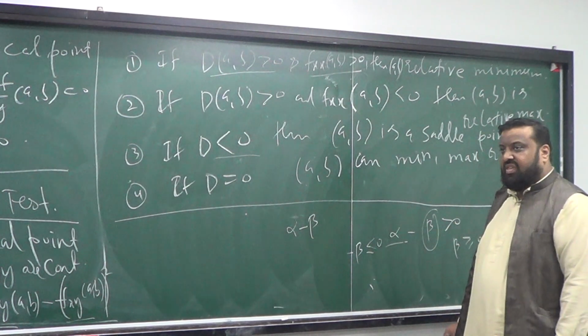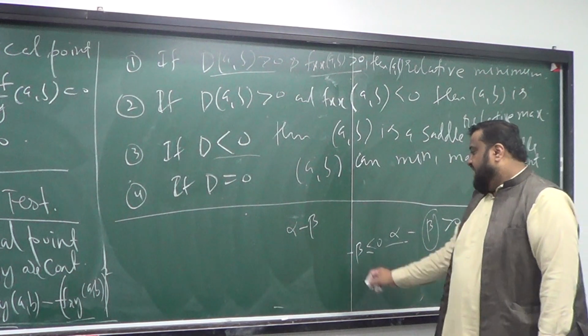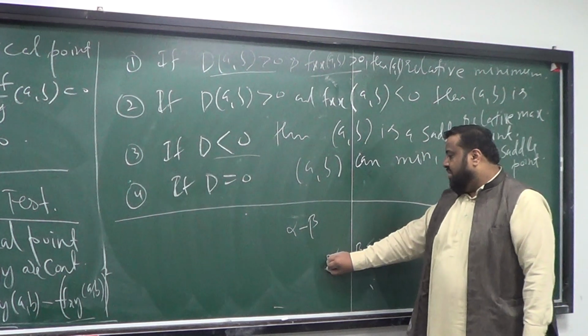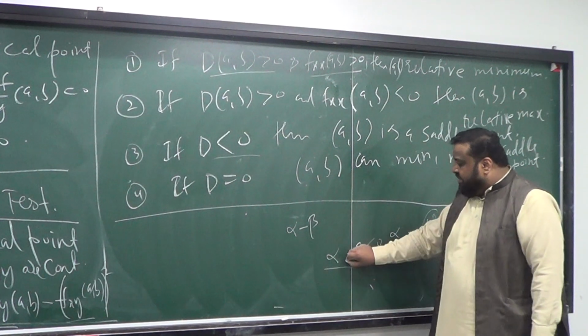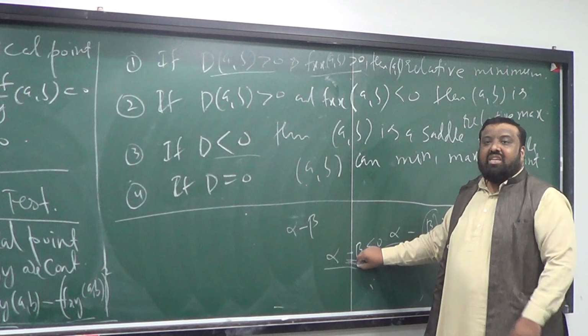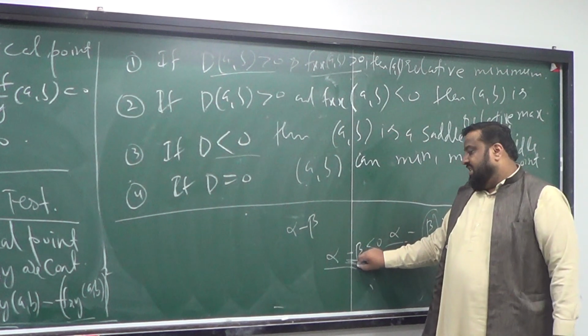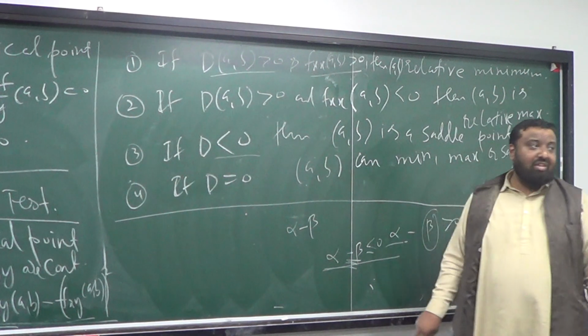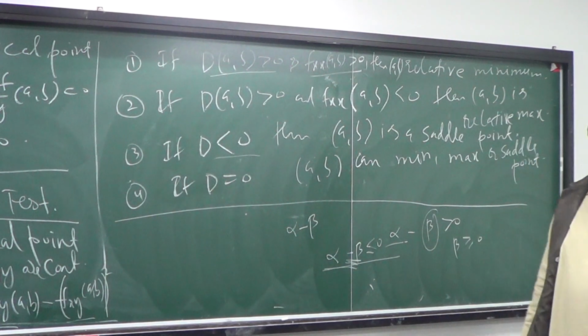If I look at this minus beta, this entire quantity is a negative quantity, and this whole quantity is a negative quantity. So what can you say about alpha? It must be a negative